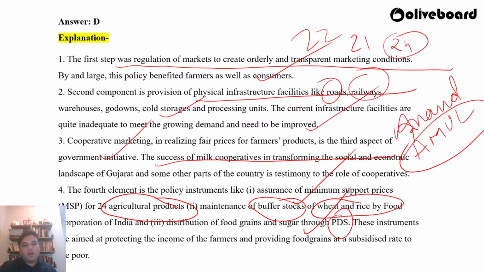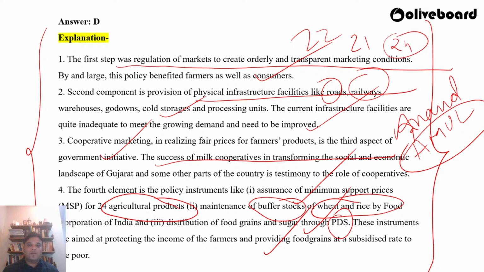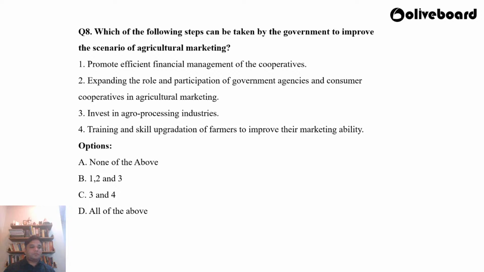So these instruments are also aimed at protecting the income of the farmers and providing food grains at a subsidized rate to the poor, right? So again, very, very important. This is the kind of conceptual and the foundational understanding which is expected from an RBI Grade B aspirant. Okay. Question number 8. Which of the following steps can be taken by the government to improve the scenario of